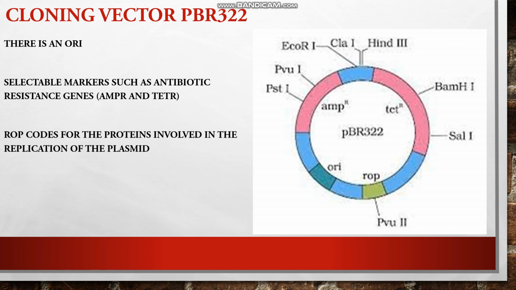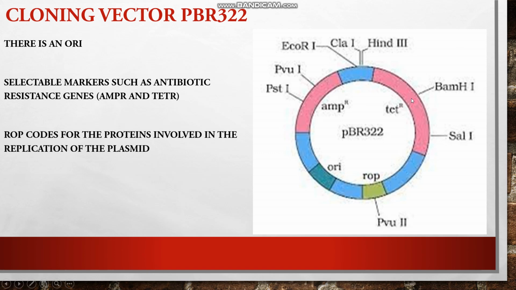Now here you can see a cloning vector pBR322. This is the DNA of the vector, and this region is the ori or origin of replication, and this should support very high copy numbers per cell. These are the two antibiotic resistant genes that act as selectable markers. In a non-recombinant, the selectable markers are tetracycline resistant gene and ampicillin resistant gene. Now, when a useful gene is inserted at the BamHI site of this pBR322, this vector now becomes a recombinant.